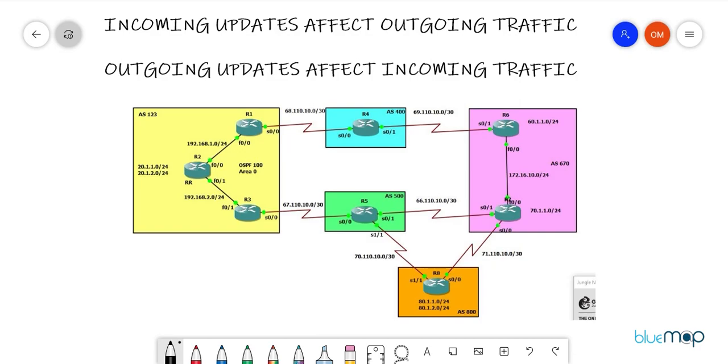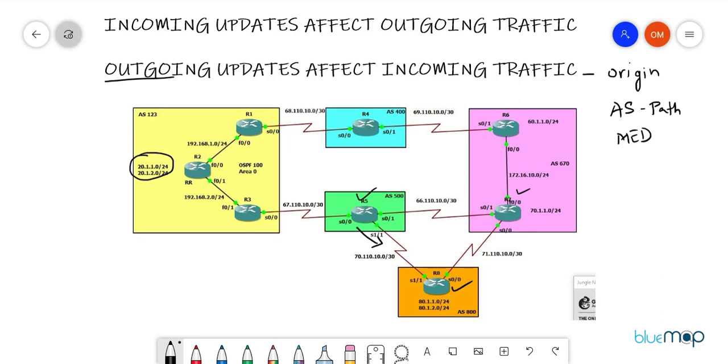So in today's video, we're going to talk about the origin parameter, the AS path, and the MED value. Now, as the rule says, it's an outgoing update, so it will be sent from one router to another router, obviously. R5 will be sending out updates by manipulating some parameters. In our use case today, we are going to mainly concentrate on R5, R7 and R8 about these two networks, the 20.1.1.0 and